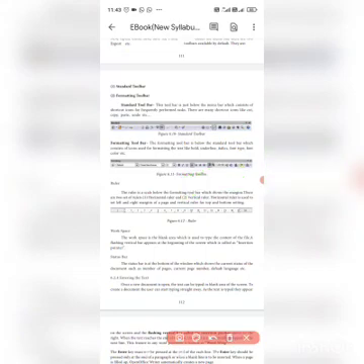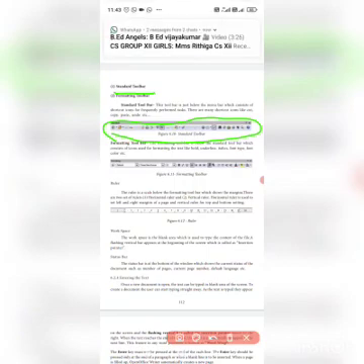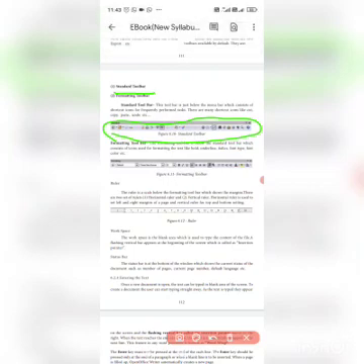The standard toolbar, see here. Then what does the formatting toolbar have? First the standard toolbar, after that the formatting toolbar. See here, this toolbar is named the standard toolbar. What icons are there in this standard toolbar? See here, new, folder open, save, then edit purpose, all the things are there. Cut, copy, paste, the brush tool, find and replace tool, so many tools are there.